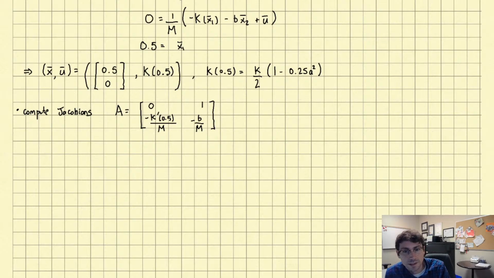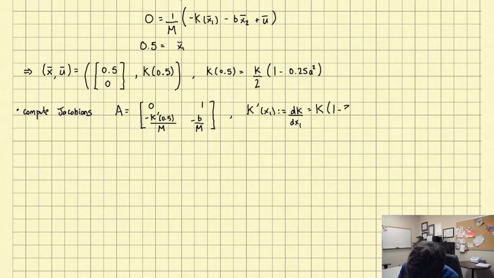So what happens, of course, is that we get the derivative of the spring force, K prime, evaluated at the equilibrium configuration. And in this case, K prime of x1, I just mean dk dx1. And in this case, that equals K. Okay. So there's our A matrix,